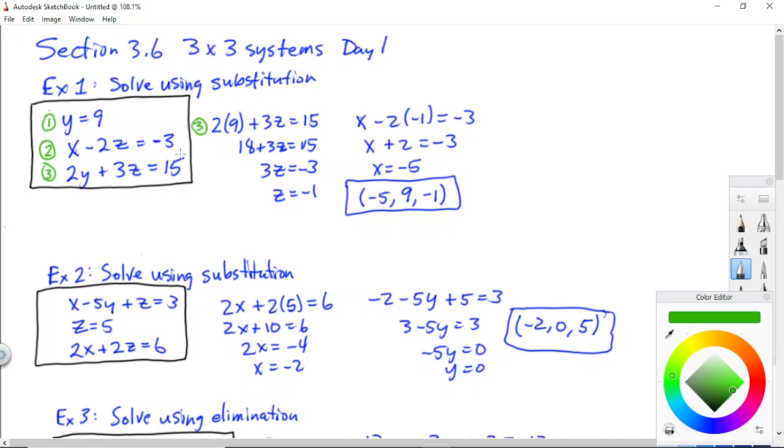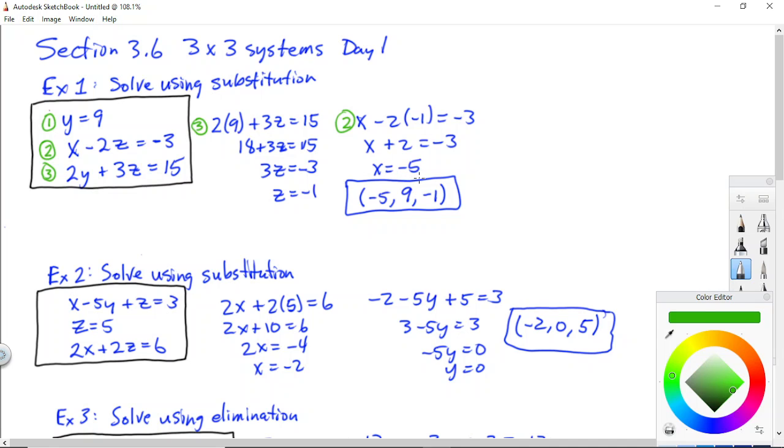So we can go back to equation number 2. It only has x's and z's. That's pretty convenient, because now that we know what z is, we can plug in for that z. Put in a negative 1 for z, and then simplify it and solve for x,